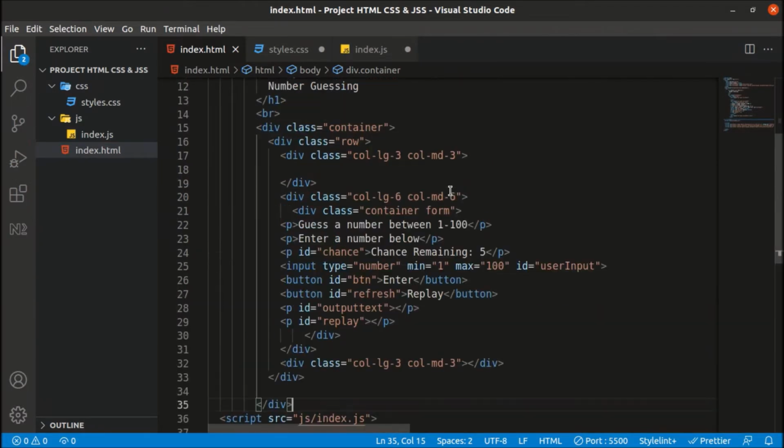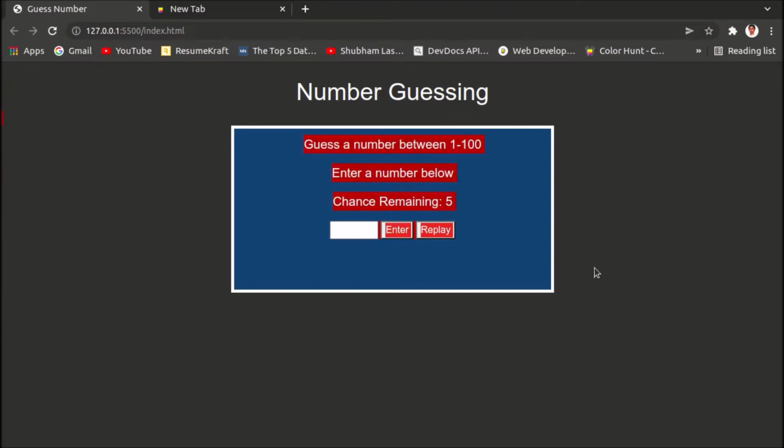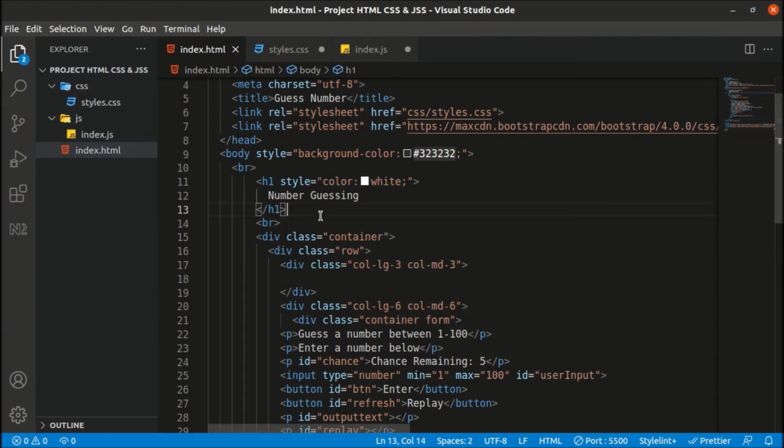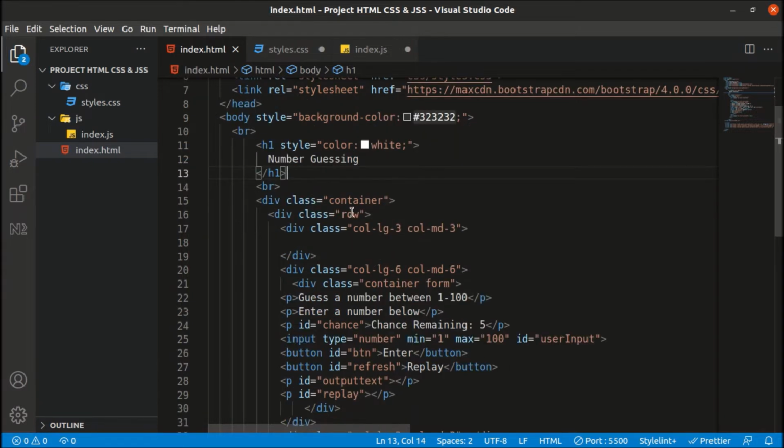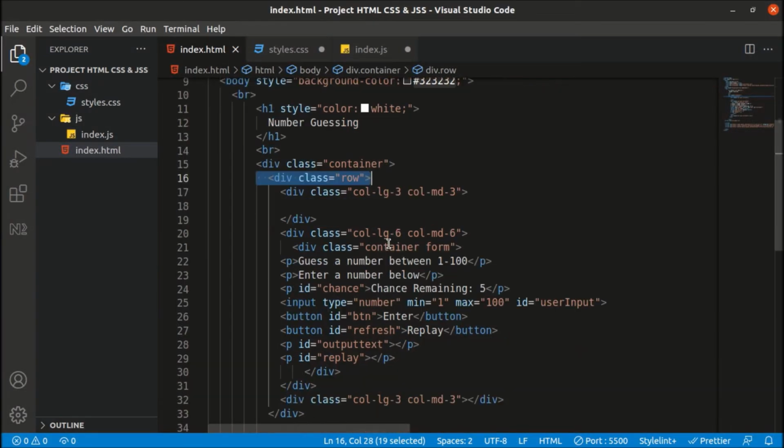Now if we are using the container, it's creating this boundary section, which is highlighted here. After that, we have a row. We are dividing the container into rows, and then we have columns.